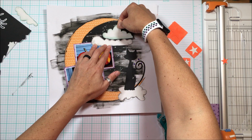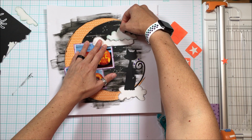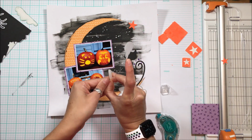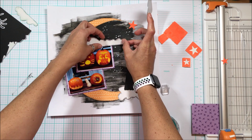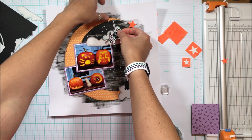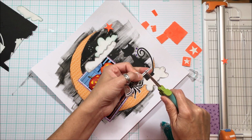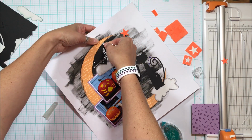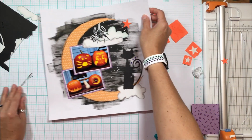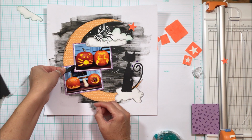I toyed with the placement of those pictures, whether they would obscure the crescent moon as it's just done here, or whether I would leave that orange to the left of the photos. And the reason that I went with the arrangement that I did is, you know that it's a crescent moon and you can see that, and I felt like I needed a little bit of space between the photos and that black cat there. I am going to put one of the flocked stars, which will fill in that gap, but I wanted that gap. It's almost, while it's black, a black white space that kind of gives your eye somewhere to rest in the layout,